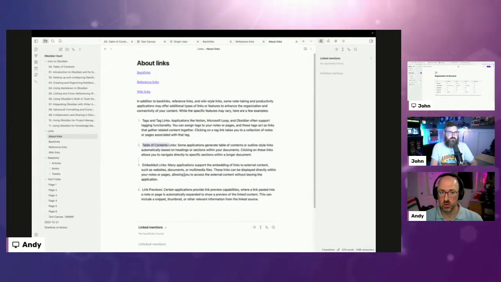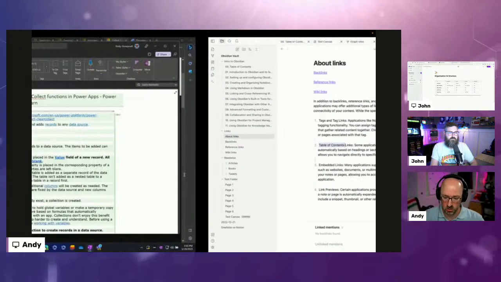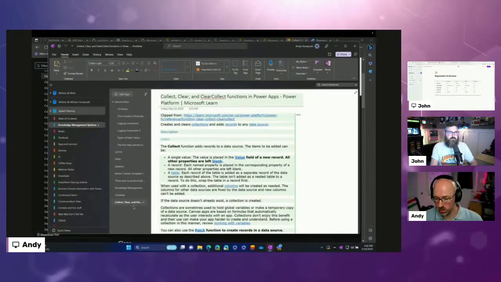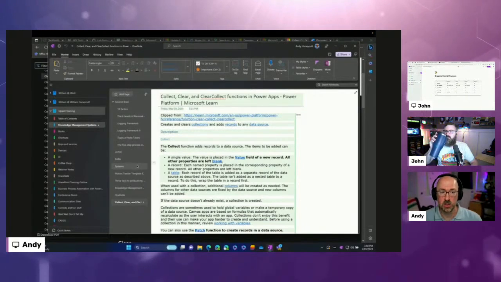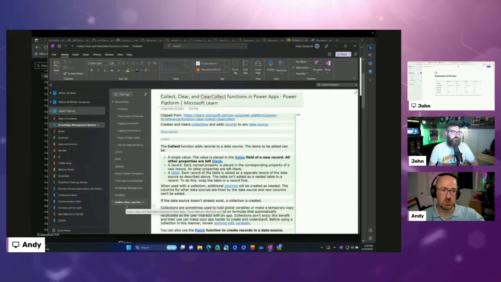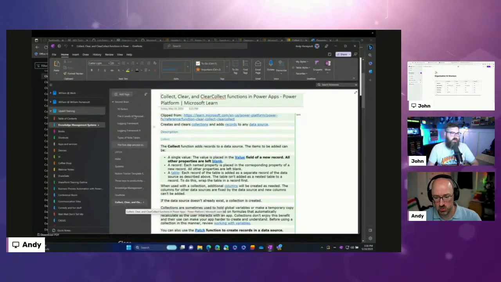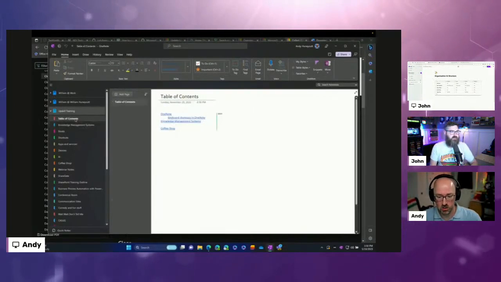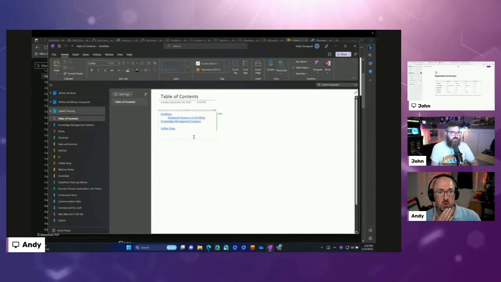That one for me is really big. So I have a notebook and I have a whole bunch of stuff going on. Now, in the way that they structure it, this is a section, or this is a page, and these are sub pages underneath it. But I don't have a true table of contents, which allows me not only to point to the other pages, but maybe link to a specific paragraph, or maybe link to a sub item related to these things. Like deep linking. Yeah. More than just the pages themselves.